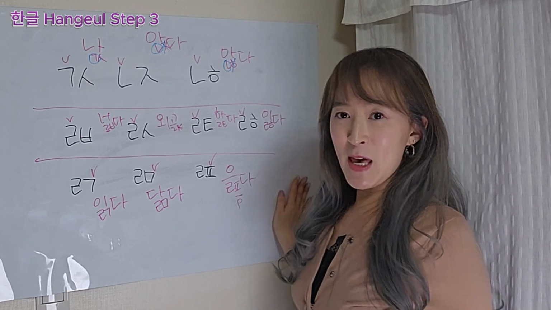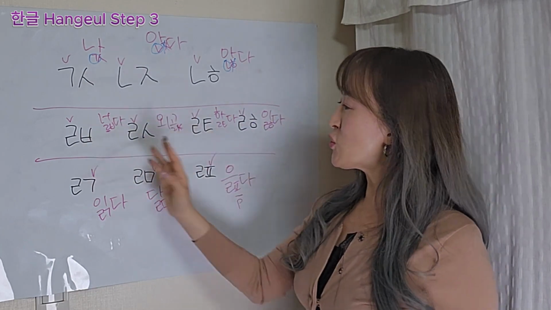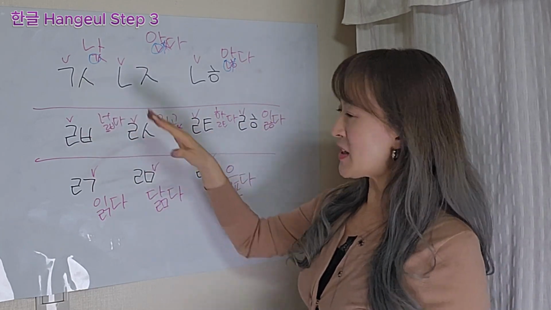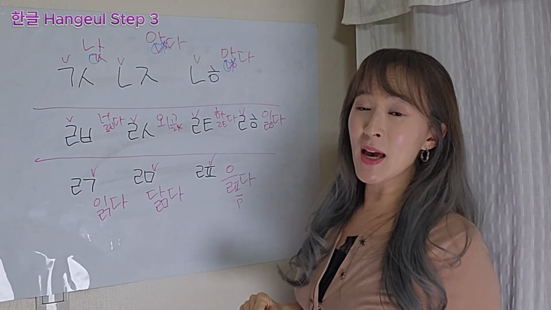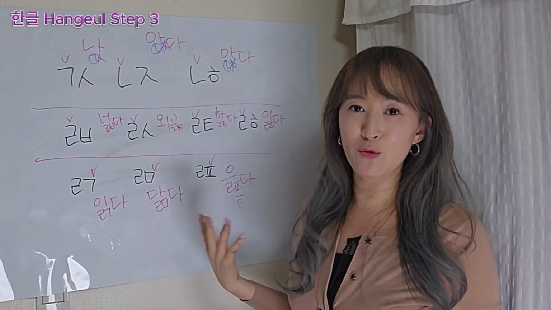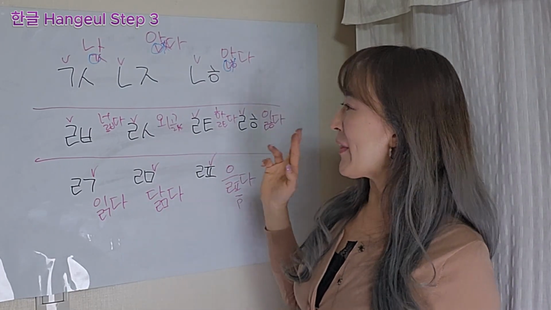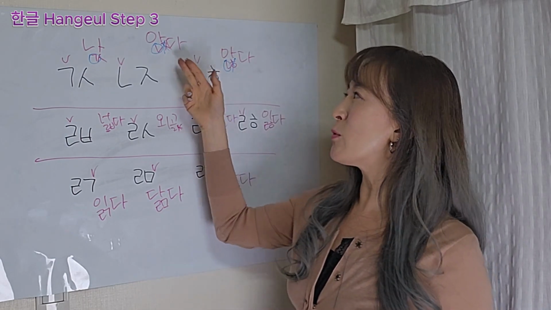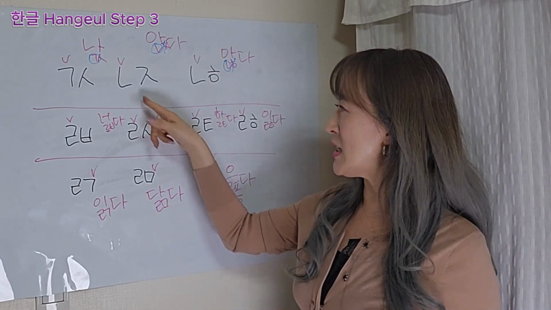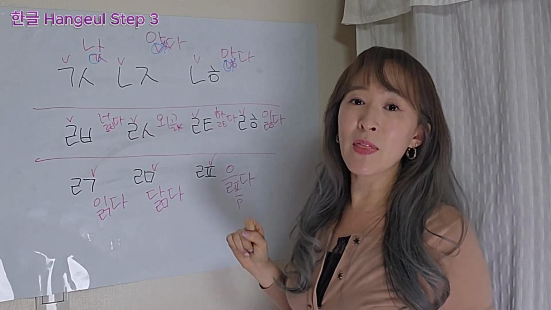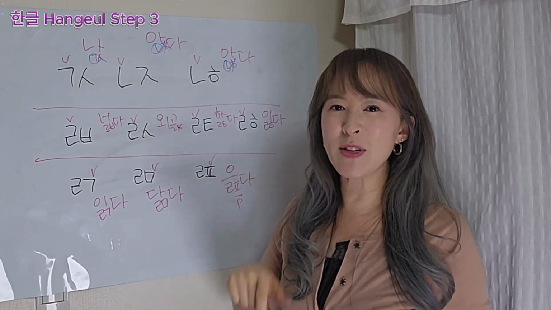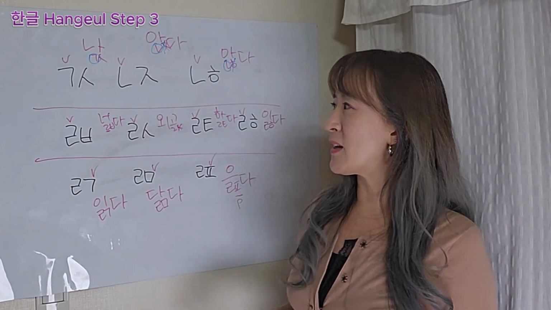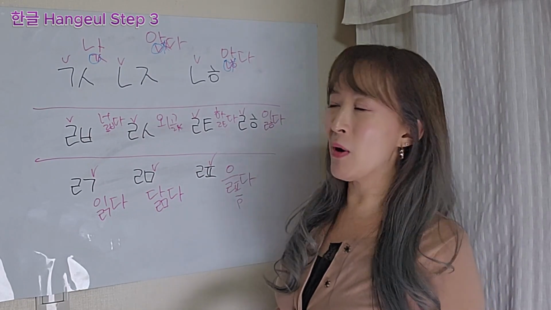And when you see them, just try to remember these three different sections, then you will probably be able to read them. But I think the best way to remember these is probably when you are memorizing the words and you see these double 받침s, then you just remember how it sounds at that time